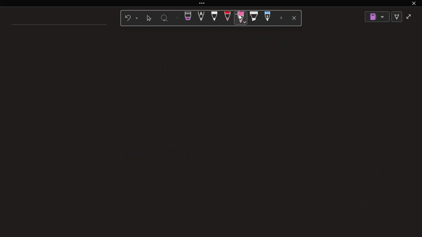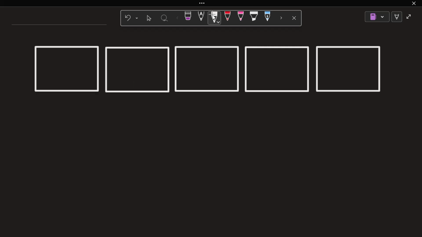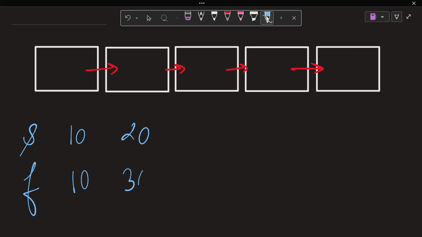Let's take one example when it is not a cycle. So let's consider this one. So this points like this, and we have S and F. So this one is 10, then this one becomes 20, and this is 30, then slow becomes 30, and fast becomes 50, like this. Now if we move ahead, slow is 40, fine, but fast,